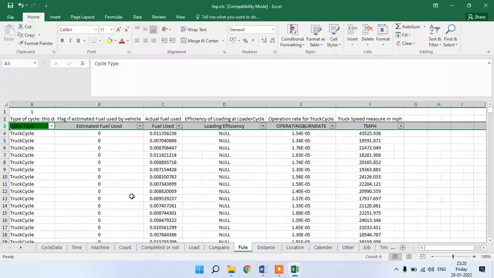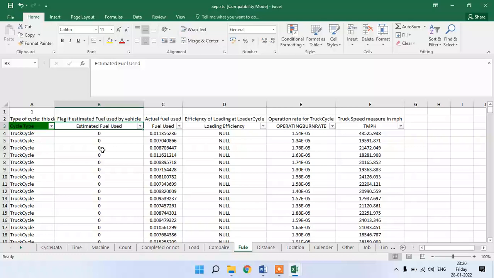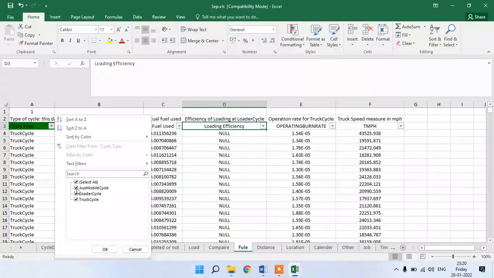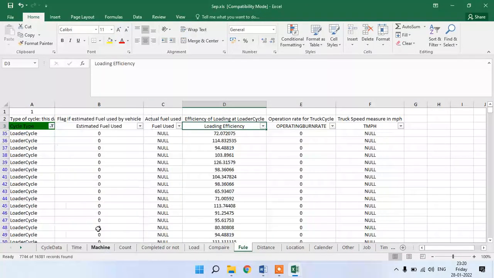Here I did something else. Here fuel used is there. Using the fuel used, we can find out the mileage of the truck. Then load efficiency is also there. Load efficiency is given only for the loader cycle, not for the other two cycles.